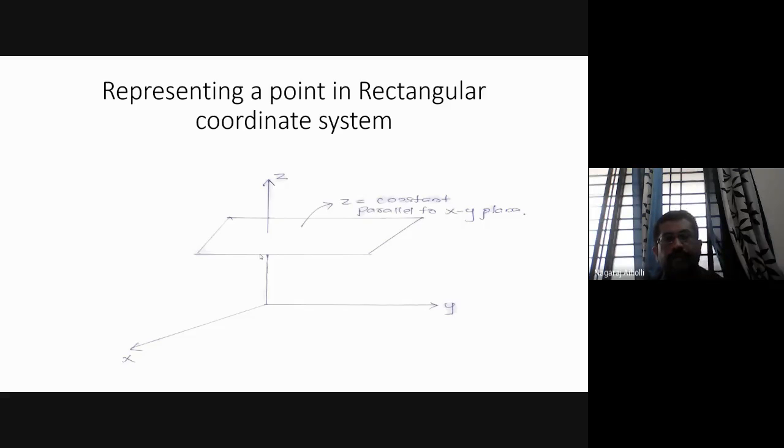The next is similarly z equal to constant. Z equal to constant, that is on the z axis here. Take a point on the z axis, say 7 units. Okay. So at the 7 unit, draw a plane. So that plane will come in parallel with the xy plane. This is our xy plane. So it comes parallel. Try to visualize here.